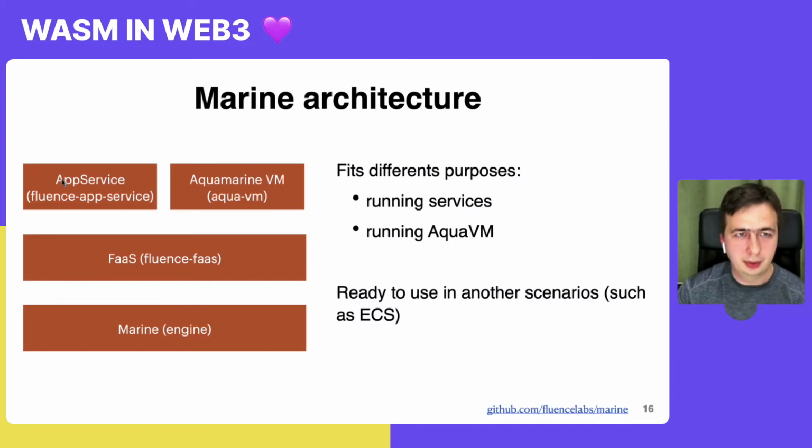On the third layer, that layer that contains app service and Aquamarine VM, is intended to run services. That's the aim of app service, and to run the Aqua virtual machine, that's the aim of Aquamarine VM. But actually, Marine, the second and the first layer, could be used in other different scenarios. I think that's probably the most important one and most